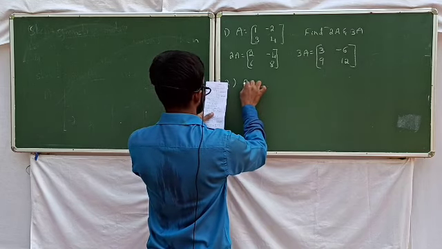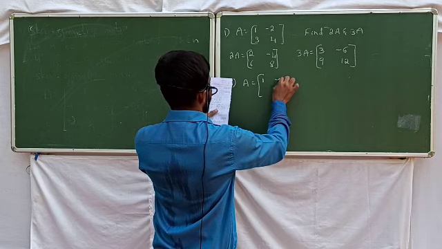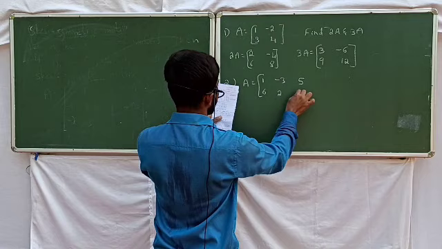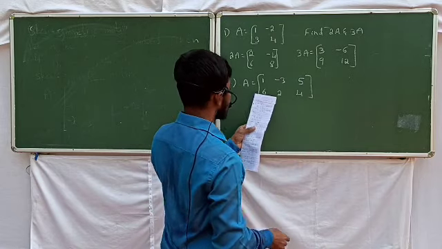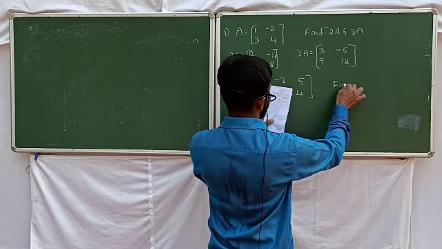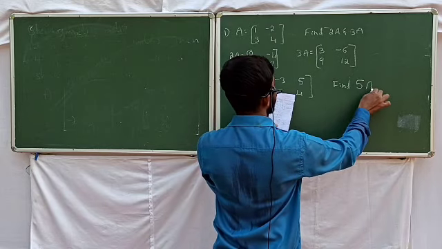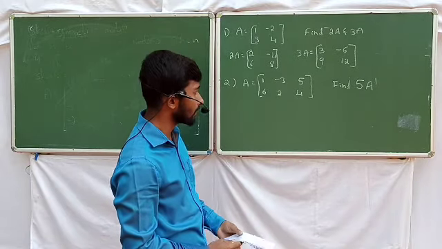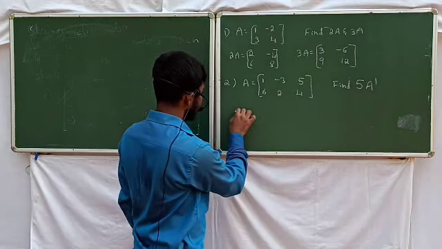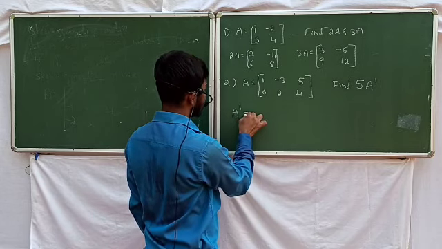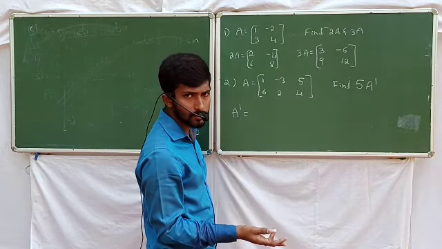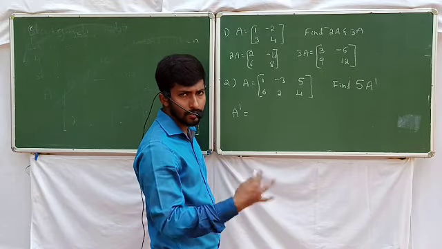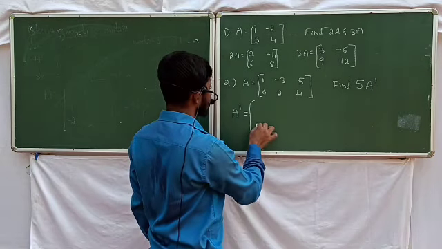A is equal to [1 -3 5; 6 2 4]. Okay, the question is to find 5 times A transpose. The question is not 5A, the question is 5 times A transpose. To solve this problem, first you need to find the A transpose value. What's the meaning of transpose? Transpose of a matrix is obtained by interchanging rows and columns. So A transpose is equal to: